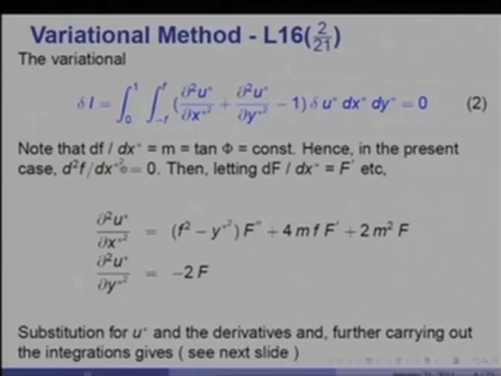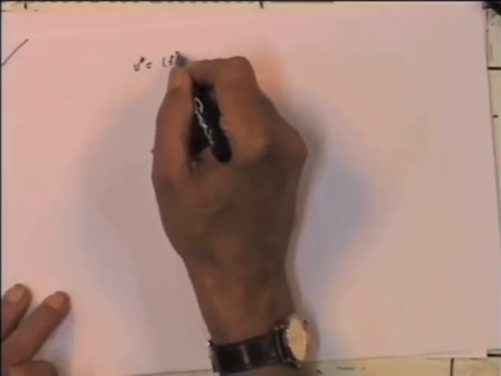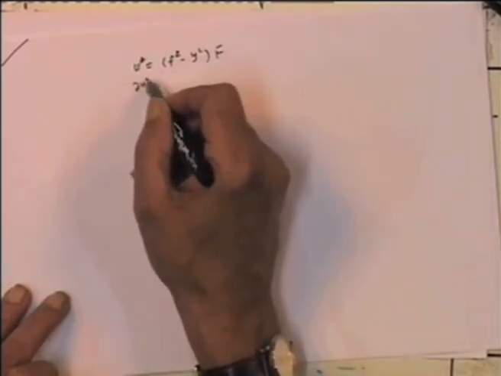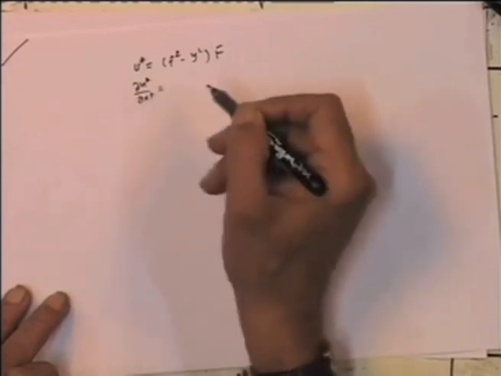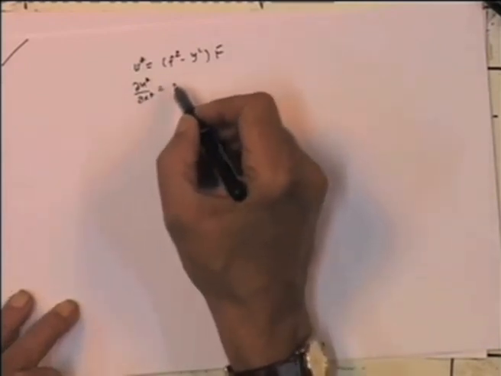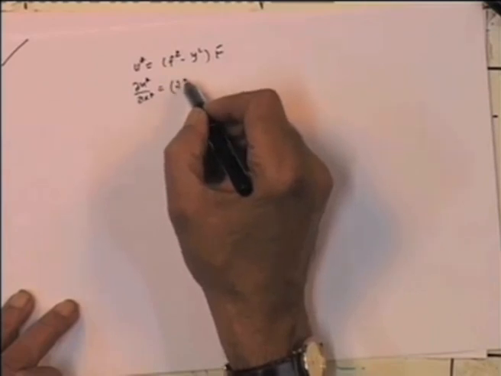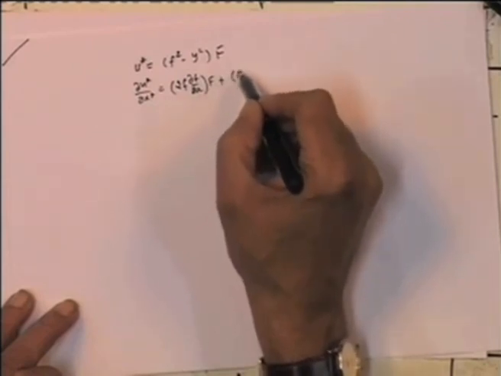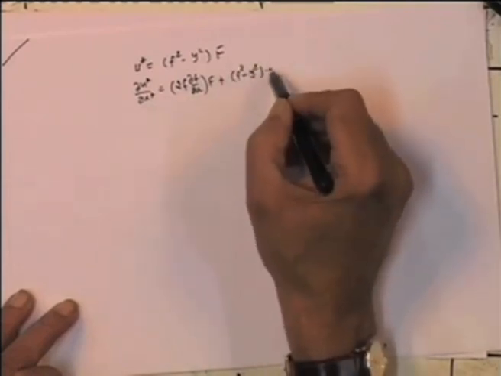Since df by dx star is equal to m equal to tan phi, a constant, hence in this case d2f by dx star square will be 0, and then you will see that u star is equal to f square minus y square times f, and therefore du star by dx star will be 2f df by dx into f plus f square minus y square into df by dx star,